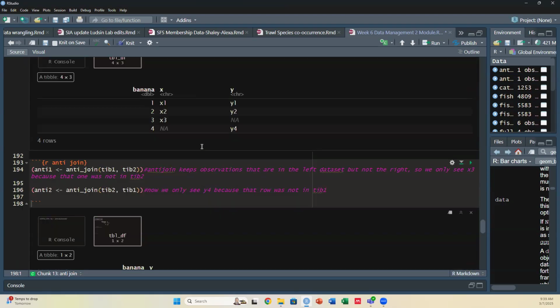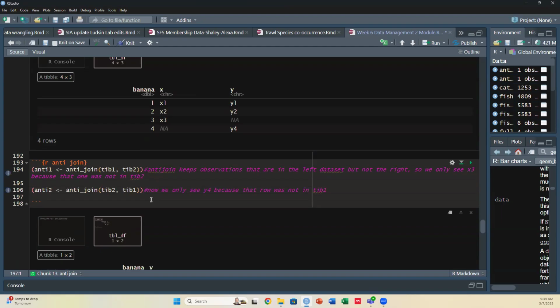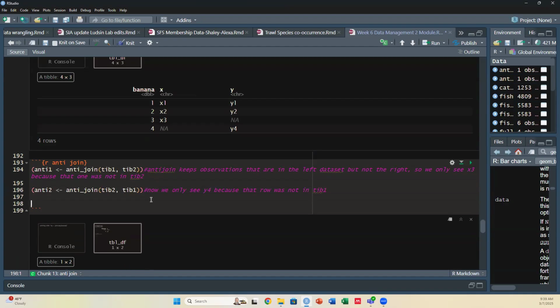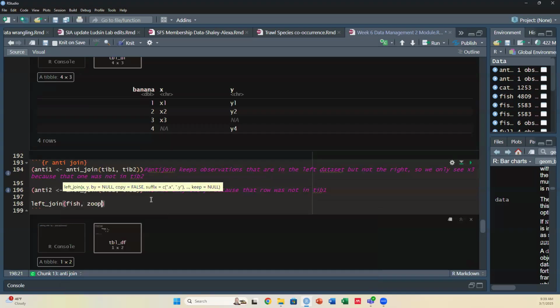I do want to specify, and this is quite common, if you have data sets that have different names for the same column, let's say like year and year. So we're going to just give an example. We're not going to run this. But if we want to do a left join of maybe fish and zooplankton, and we want to join them by the year column, but the year column is spelled differently in your data set, you can say by equals